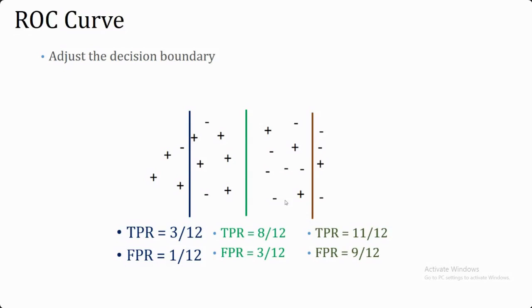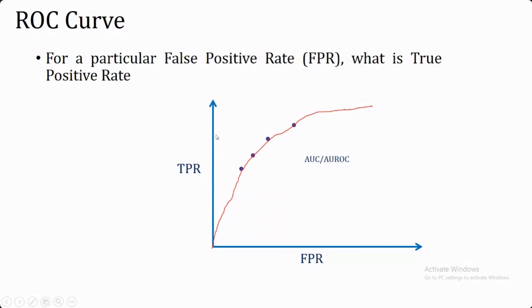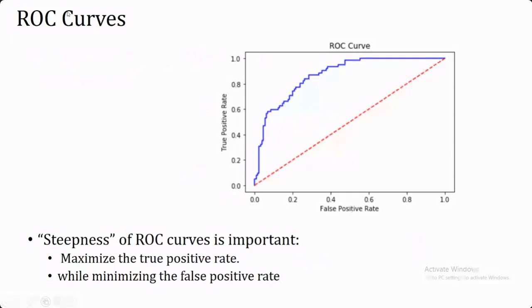Now based upon these values you get this curve. This is one combination, then the second, third, and fourth combination. This way we are plotting the ROC curve. Now, in case of a ROC curve, what is our objective? Our objective is that there should be no misclassification, and all of the instances which were actually positive should be identified. So here our objective is to get this line, to get this position.